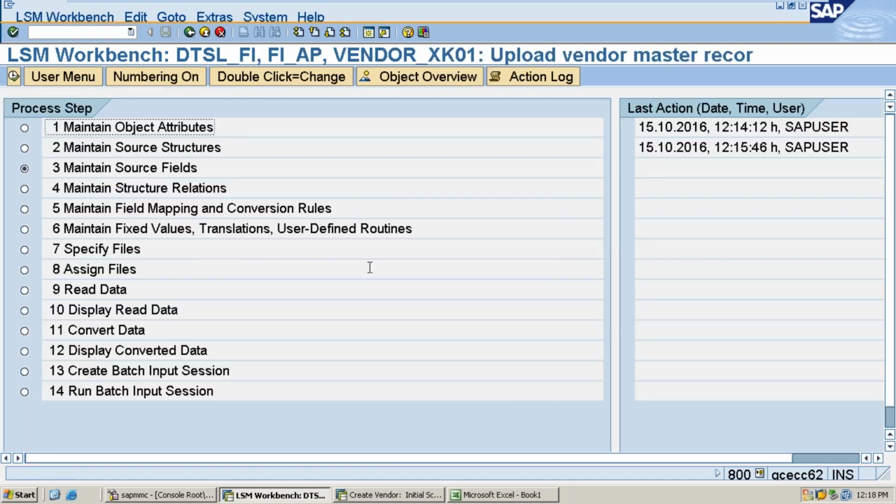What I wanted to do here is I don't want to do it manually like this. I want to tell you the shortcut key, how to copy all the fields, whatever I have recorded. Very easy. Now go to the object overview button. I told you, object overview will be covered in the third step. Now go to object overview.